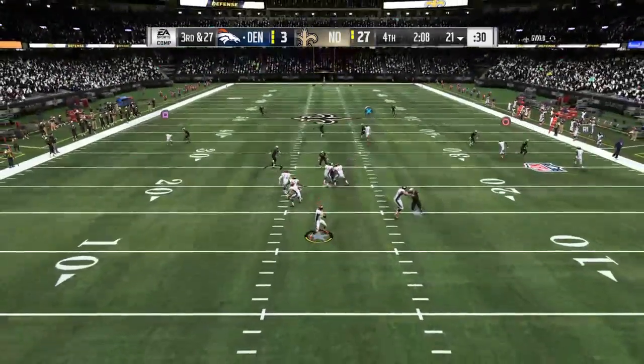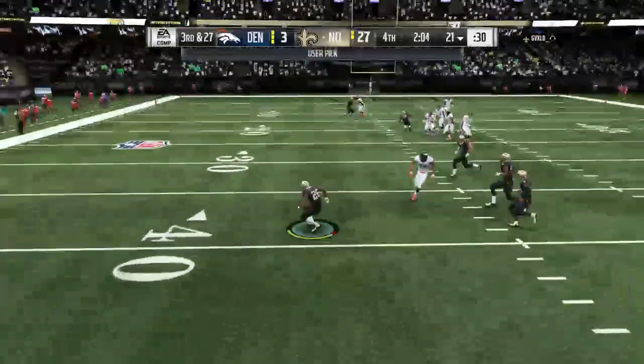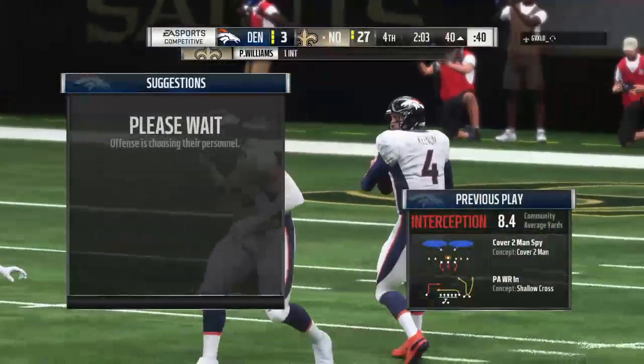On 3rd and long, it's Keenum. And his pass is intercepted for the 4th time today. P.J. Williams with a pick. And they are going